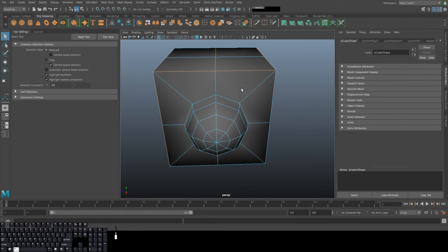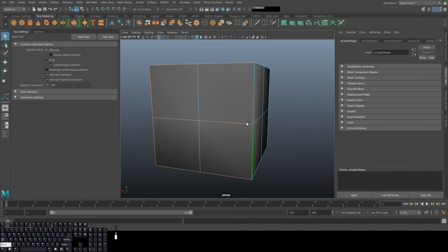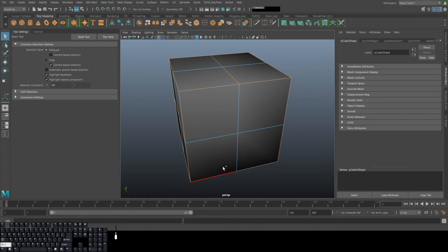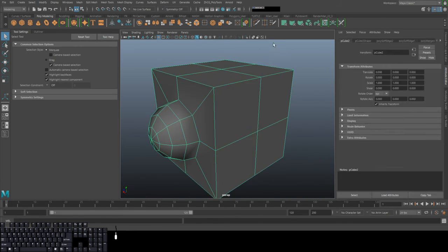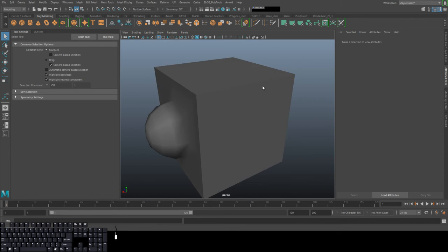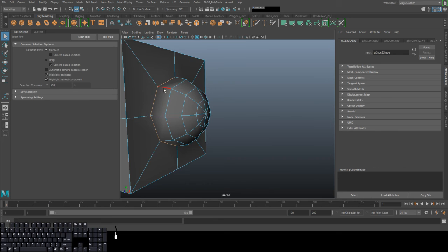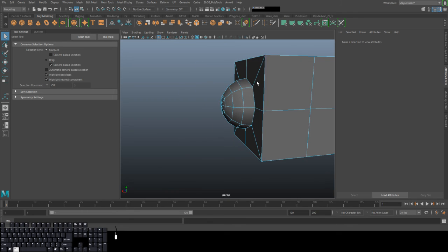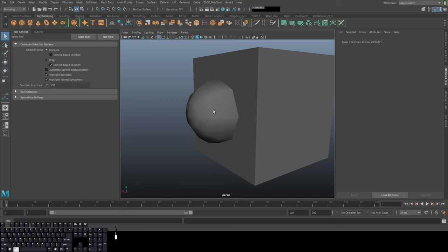In which case you may want some of them to be soft and some of them not to be. So let's just say you want all the edges on the poly cube to appear hard because you want it to be a hard surface edge. You can go ahead and do soften and then harden edge, so you'll get the look you're looking for, where this will appear soft and this will appear as hard edges, and you can see the difference big time. And even if you want this entire one to be a hard edge also, now you can see that you'll have the soft edges on the cylindrical object here,